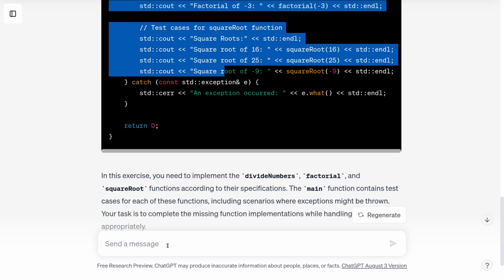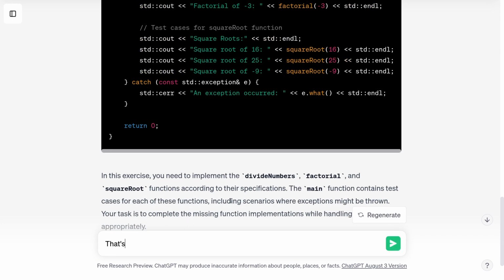I'm going to complain about that. I'm going to say, that's all right. Can you modify your testing code to catch exceptions with more granularity?